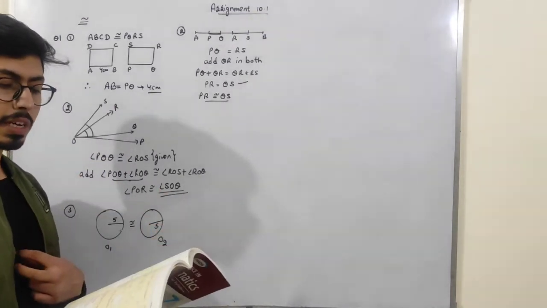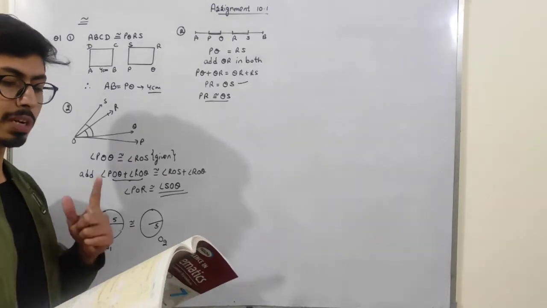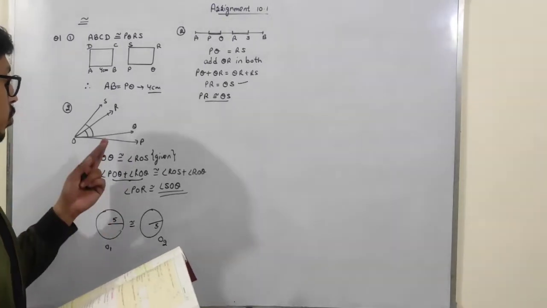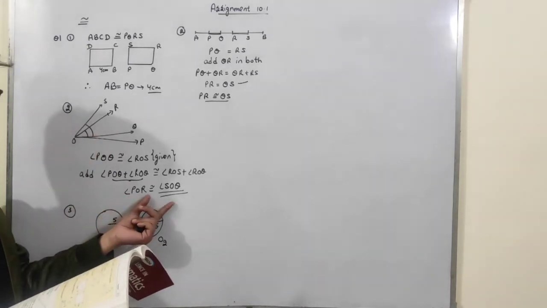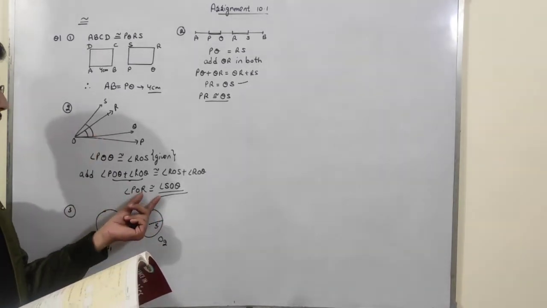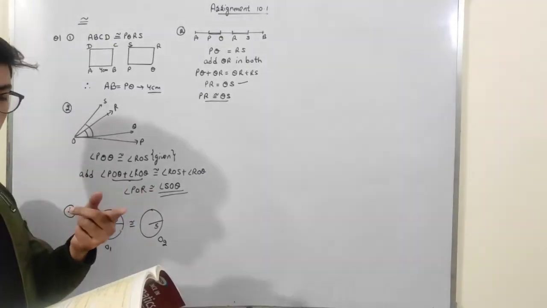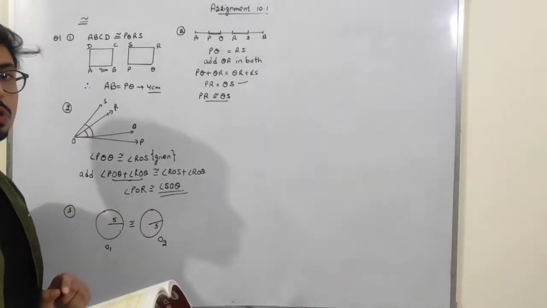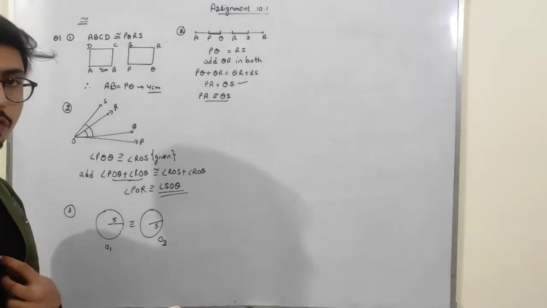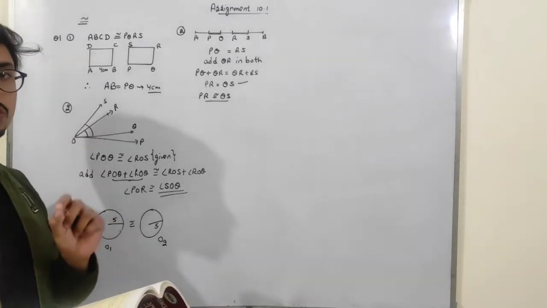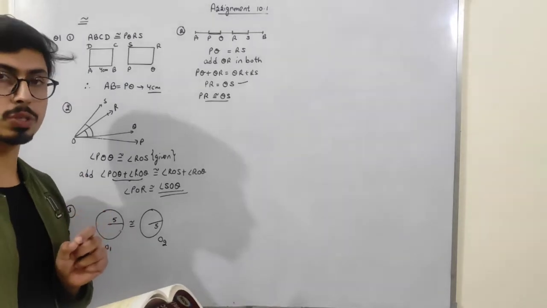Okay. Now see, moving forward to the next question, that is question number 3rd. See, it's the same question. In this we have already proved that POR is congruent to SOQ. We have already proved. So this we have to prove in question number 3rd. So just do question number 3rd by yourself, students. It is same as this question. And question number 4th is the true-false question. So just also do question number 4th by yourself.